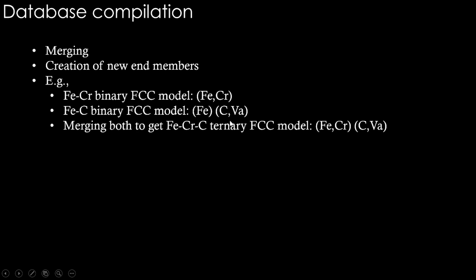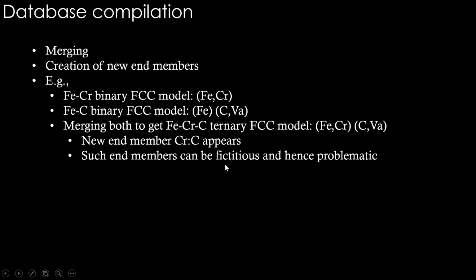Now, if you want a merged description, Fe-Cr-C, the ternary, how will the FCC be modeled? Fe and Cr, both the substitutional elements, will go into this sublattice, and carbon, the interstitial element, is going to be in the second one, so that has to come here. If you put it like this and start writing the constituent arrays, then we will be seeing a new end member, CrC, isn't it? Cr in the first sublattice, carbon in the second sublattice. But it doesn't appear in reality.